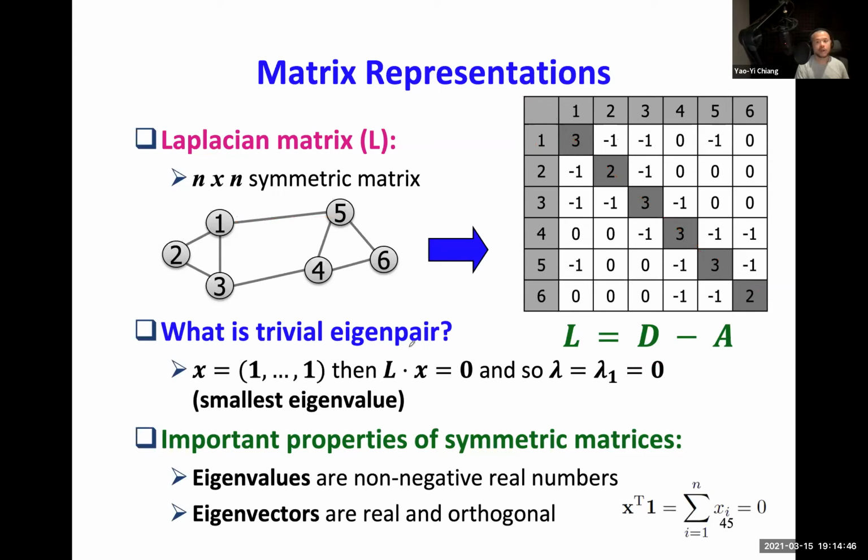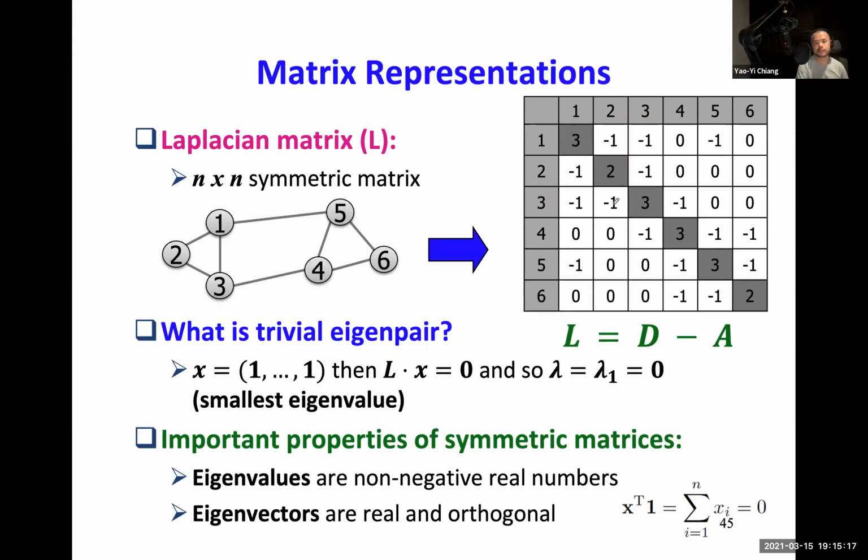One thing that's very cool about this Laplacian matrix is that the summation of each row or column will be 0. So if you look here, 3 plus minus 1 plus minus 1 plus minus 1 will be 0. 3 plus minus 1 minus 1 minus 1 will be 0. 2 plus minus 1 and minus 1 will be 0, right? This is not